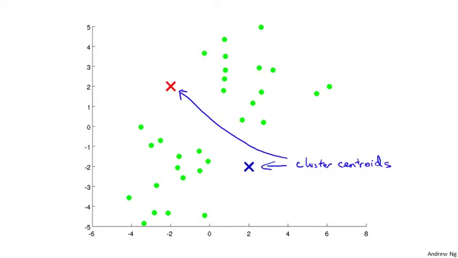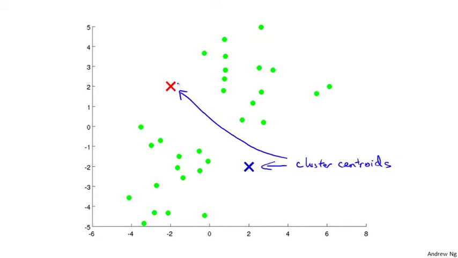The first of the 2 steps in the inner loop of k-means is this cluster assignment step. What that means is that it's going to go through each of the examples, each of these green dots shown here, and depending on whether it's closer to the red cluster centroid or the blue cluster centroid, it's going to assign each of the data points to one of the 2 cluster